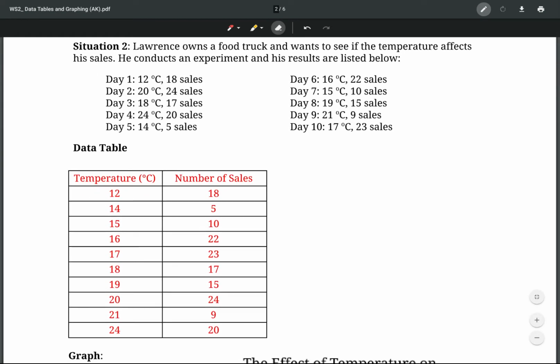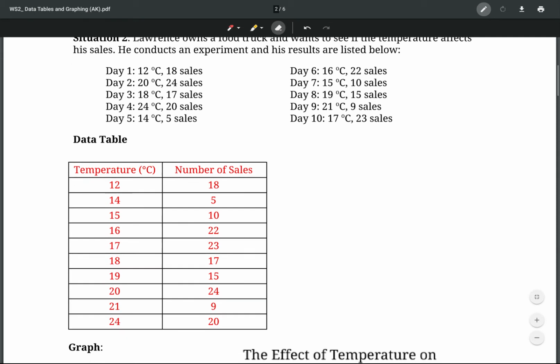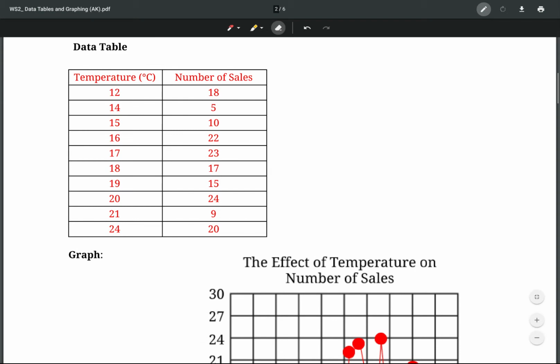Here we have temperature and number of sales at a food truck. And so because the number of sales is the thing that gets affected by the temperature, we're going to treat temperature as our independent variable and the number of sales as our dependent. Once again, you'll notice